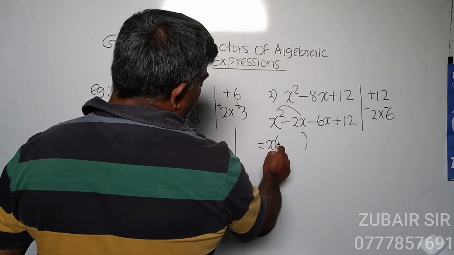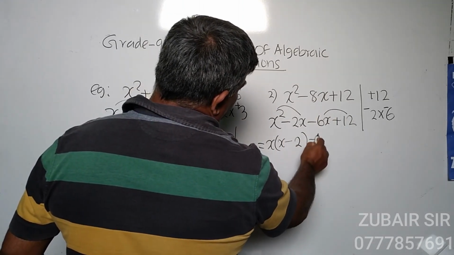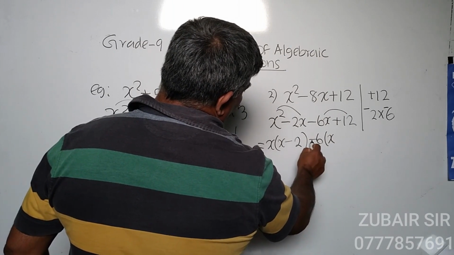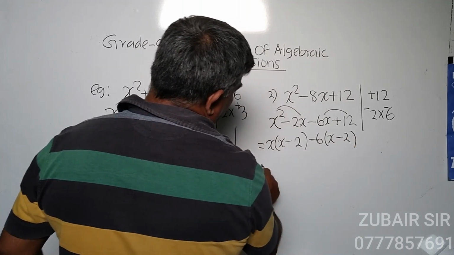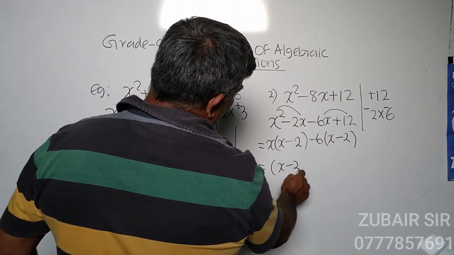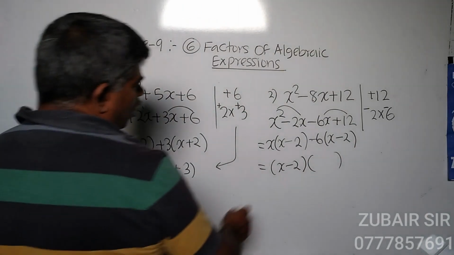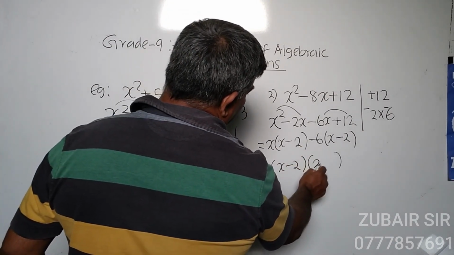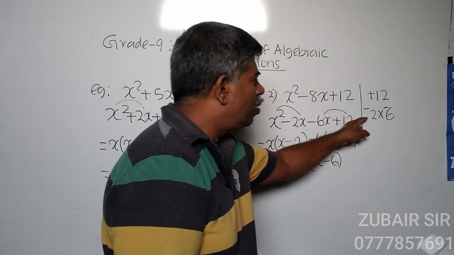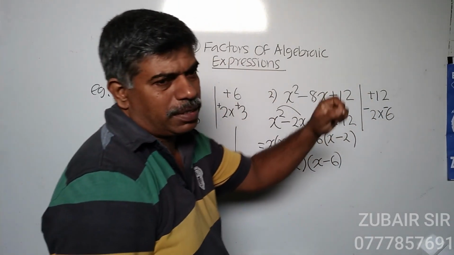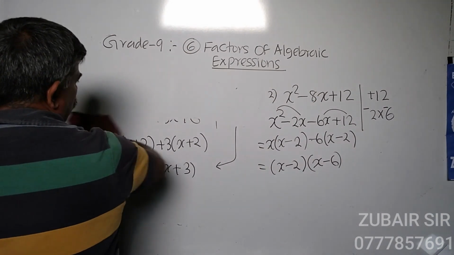Then when you separate the x here, in x squared x remains, here 2 remains. When you take these two, we can separate a 6. Then when you take the minus out, you have to divide this by minus, then minus 2 times. Then both are having x minus 2. So separate x minus 2 and write the remainders into another bracket. So when you separate x minus 2, here x remains, here minus 6 remains. Like fixing the x in front of this, x minus 2, x minus 6. So when there is a minus number, this system can be used.